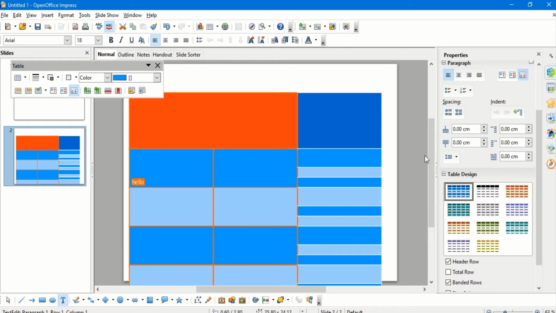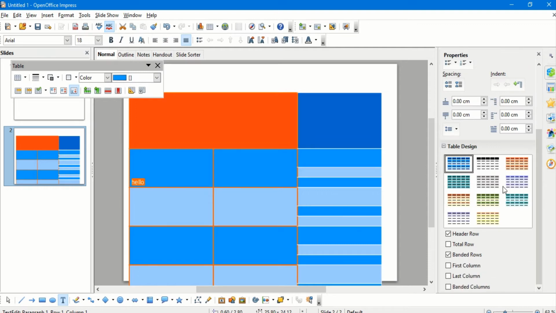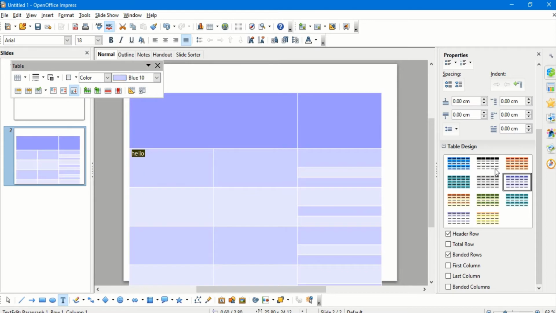I can do it exactly the same way from here also. On the right hand side a properties box opens up where I can do a lot of formatting with my cell, that is with my table, that is the different options which are available, spacings and bullets, numbering, all the options which were taught in the properties, that can be done with the help of the tables also. So this is how to insert a table.